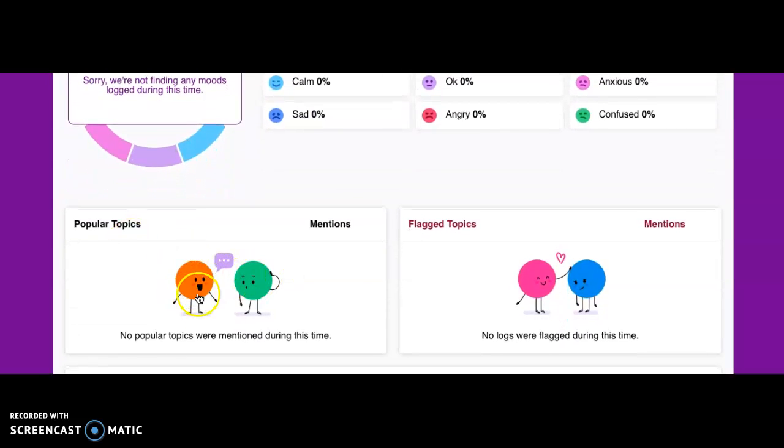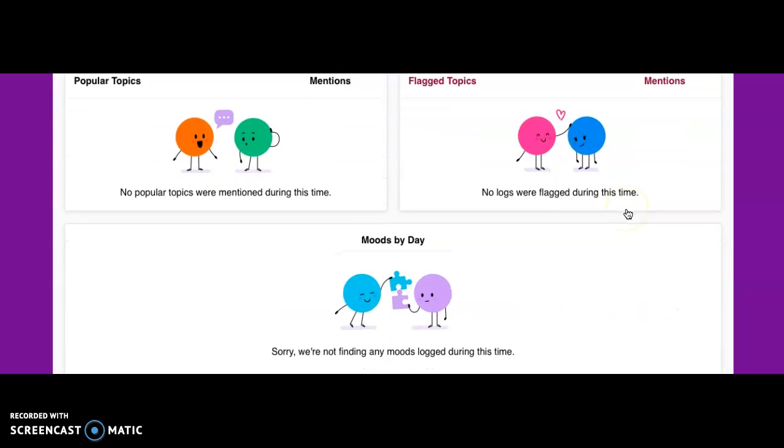If there were any popular topics, it'd be mentioned right here, and like I mentioned earlier, any flag topics, any mentions that might have been concerning will show up right here.